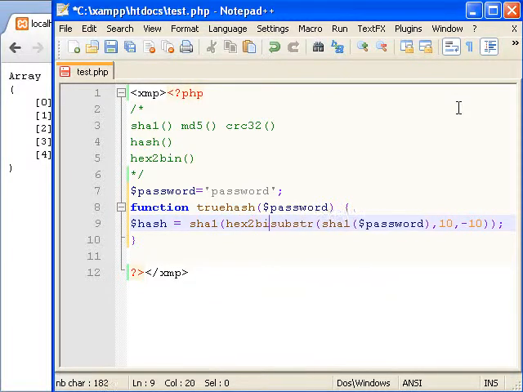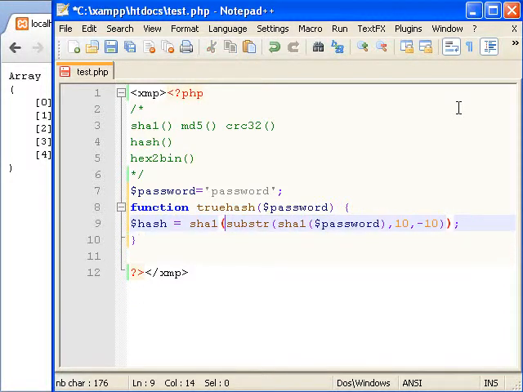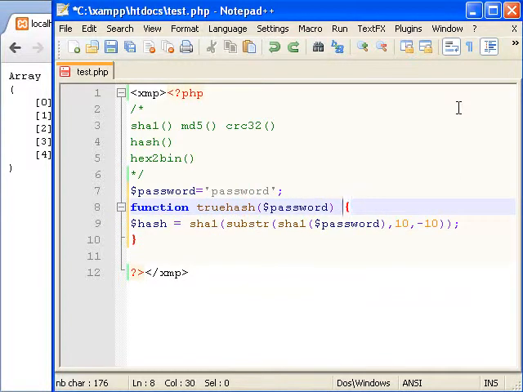So what we'll do, hex to bin, well, hex to bin isn't always the best option, but I'd say if you want to compact your password, what you can do is